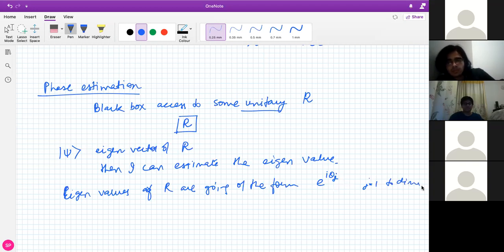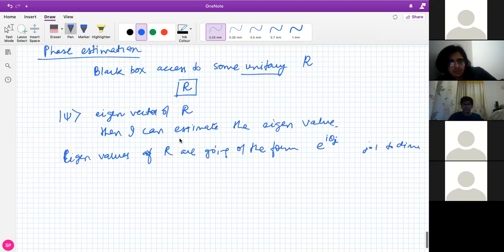Whatever the dimension is, because that's a property of unitary, right? Now, every eigenvector will have a corresponding eigenvalue. So if I'm given some psi, which is an eigenvector of R, and I'm allowed to use some ancilla states,